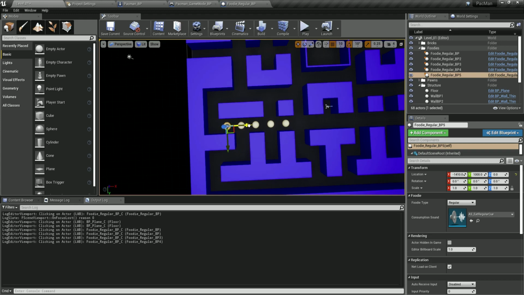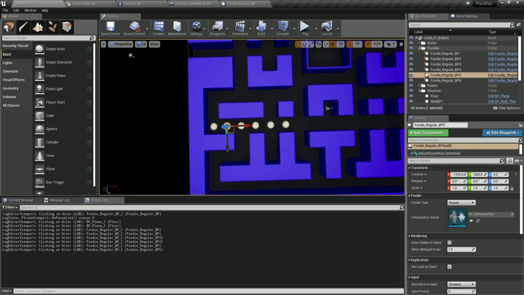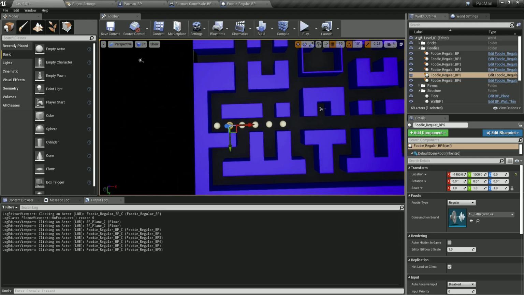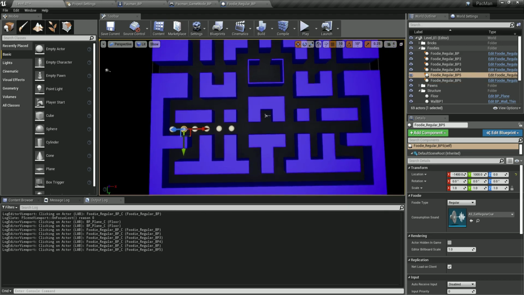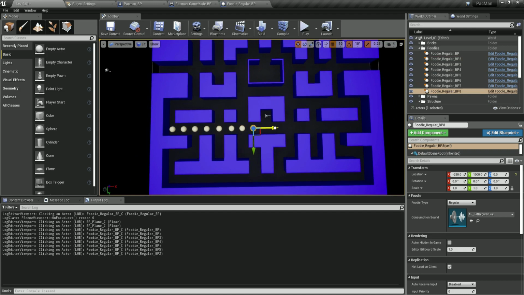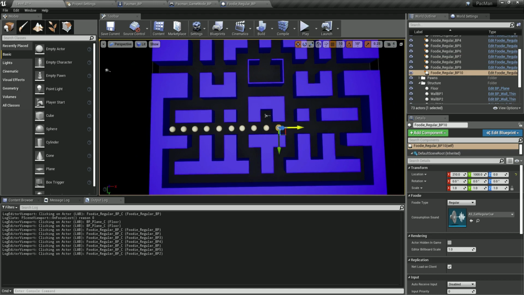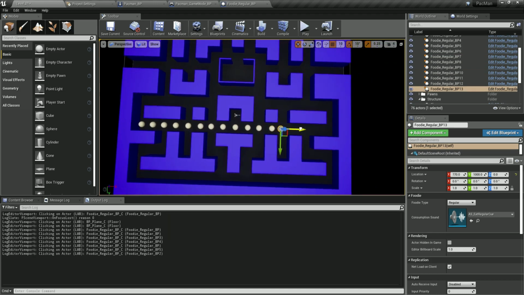And you don't have to be perfect, they don't have to be 10 units away from each other. You don't have to be bothered by that, because that will not teach you anything. We're here to learn. But basically, there you go. This is what we need to do. So like this, drag them on the whole level. You see, simply dragging them like this. Make sure that they're Z